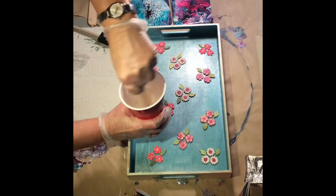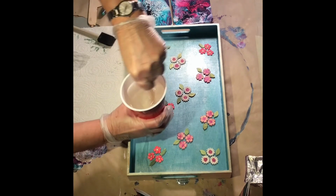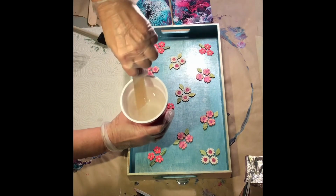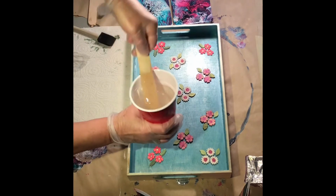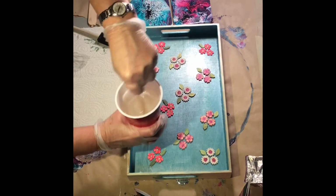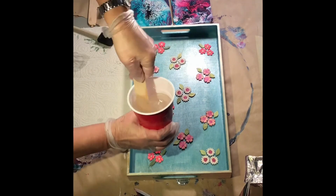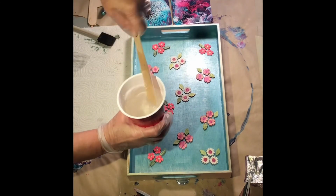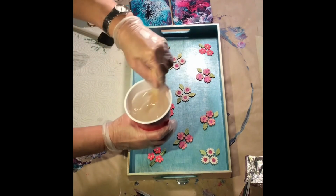That epoxy looks like it has a bit of a tint to it, though. But it can be the lighting and everything, but it will start to become clear, and it won't be so hard to mix as it's all blended. And that gives you the indicator that it is ready to pour. Looking real clear. And then what I'm going to do is I'm going to add some glitter into it,